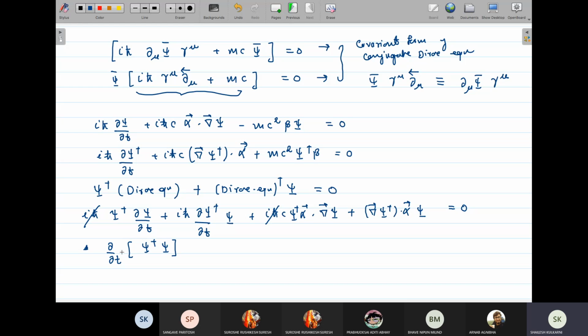These two terms I can write as del T of psi dagger psi. Plus this term I can write as C times this gradient, so this will become del dot psi dagger alpha psi, and this is equal to 0. Now you can bring this C here and write as